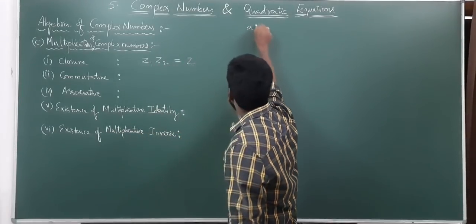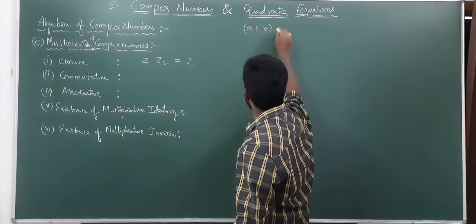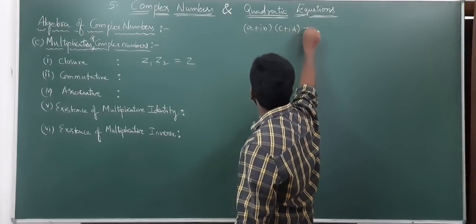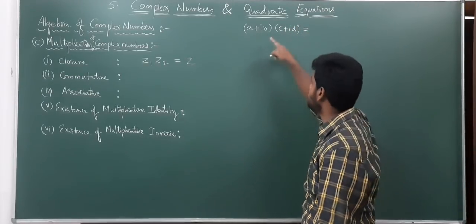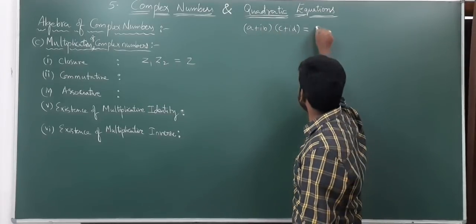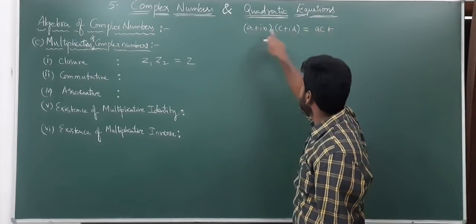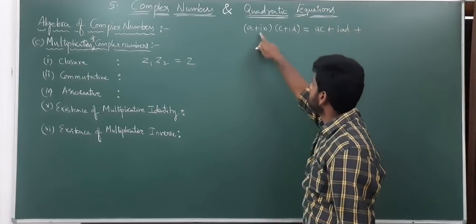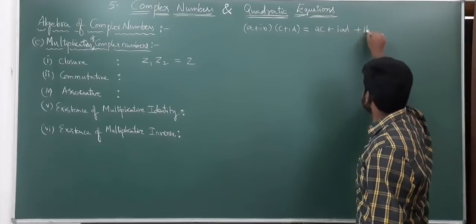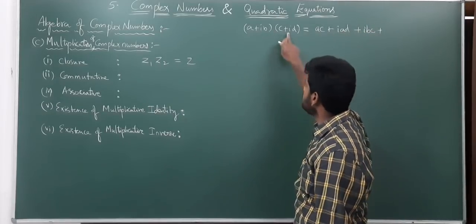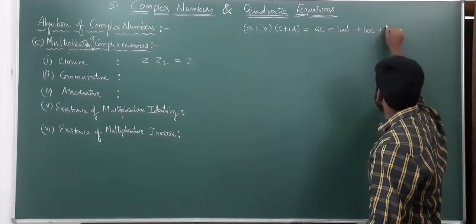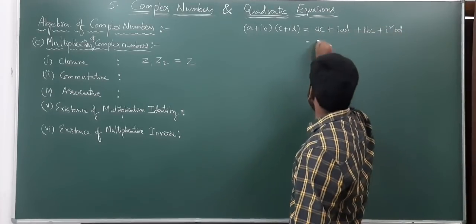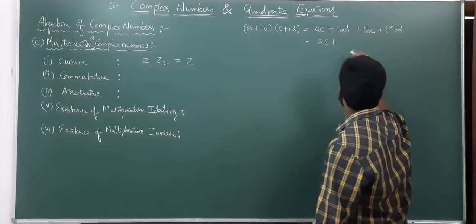Like if a plus ib is one complex number and c plus id is another, if you multiply both, we get ac plus a into id, which is i into ad, plus ib into c, which is ibc, plus i square into bd,